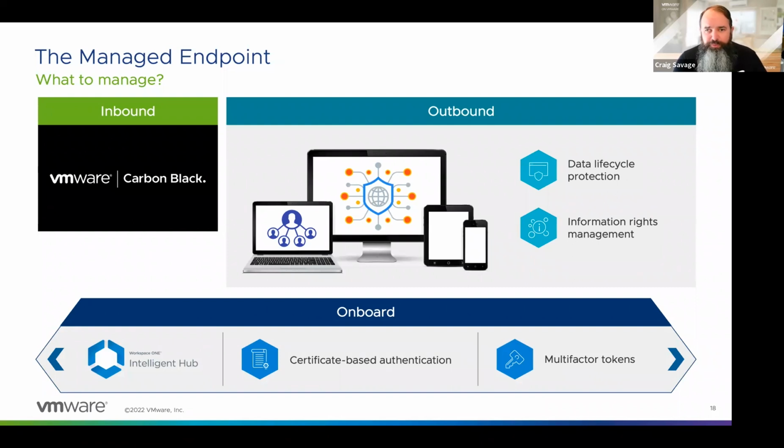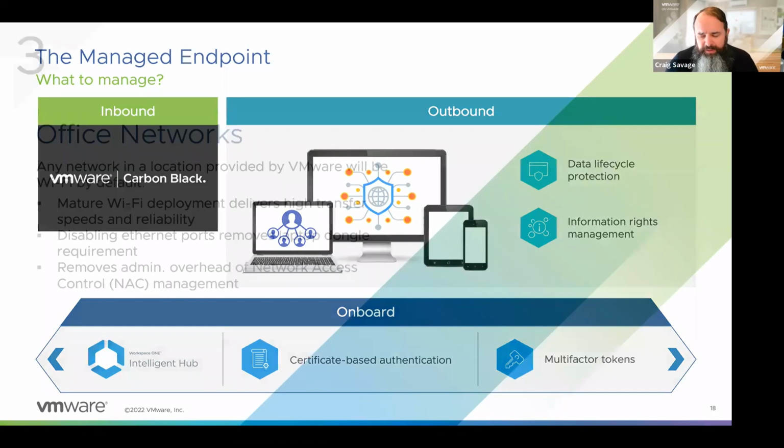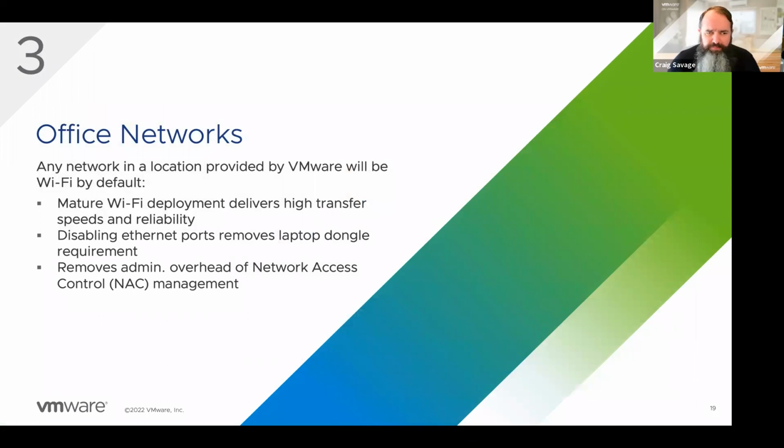And once you've got all three in place, you've got pretty decent security around your device at that point. Nothing's infallible in the world of zero days that we live in, but you're in a good place at that point. Office networks, again,